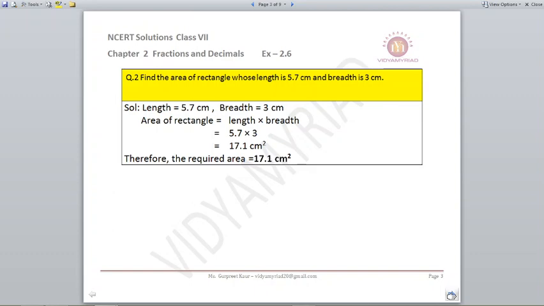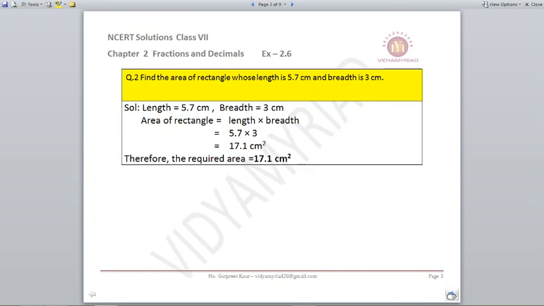Question number 2. Find the area of a rectangle whose length is 5.7 centimeters and breadth is 3 centimeters. So we should know the area of a rectangle is length into breadth. So simply we will multiply 5.7 multiplied by 3. First multiply 57 into 3, that comes to 171, and then see how many decimal places are there in